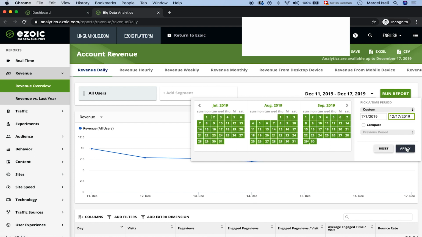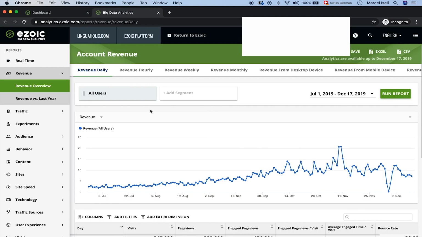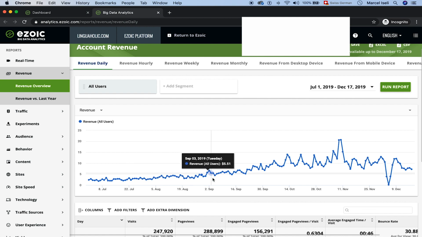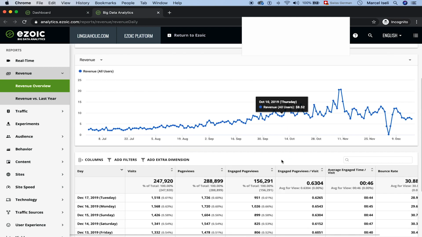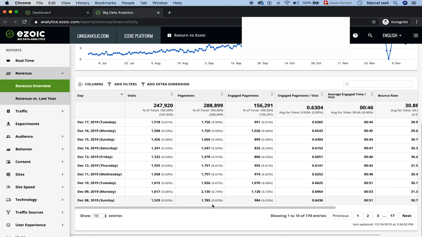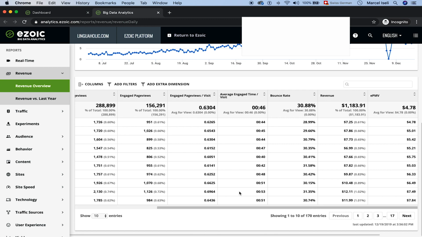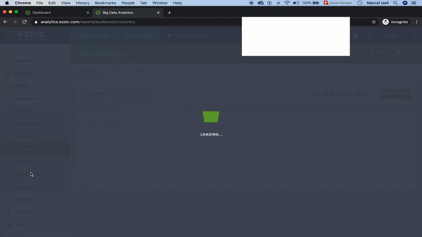Moreover, you can implement your Google AdSense ads inside of the Ezoic platform, and then you will be able to split test results. You can say that only 50% of your traffic should go to the new page with the Ezoic ad platform set up and ads served by Ezoic, and the rest of the traffic will go to your old setup that just serves ads through Google AdSense. Like this, you can very easily test those two setups, and you can see if you earn more money just by using Google AdSense or by using Ezoic.